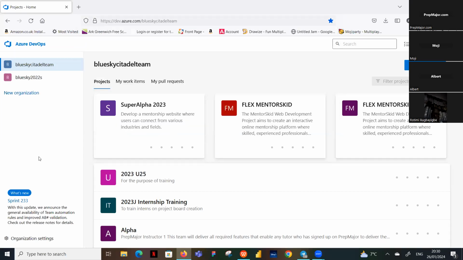All right, so once we come here, we can see other projects that have been created. So the first thing we want to do, out of everything I've listed that we needed to do, is to create our board. Okay, we want to create a project board. And you can see on my right side at the top over here, if you can see my cursor moving, you can see new project highlighted in blue with a plus sign. Okay, so that's where you need to go to. And once we click on that,